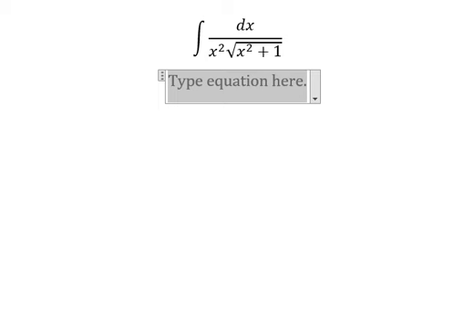Hello everybody, so today I will talk about calculus. The topic today is about integration. So now I will show you how to answer. We need to use integration by trigonometric